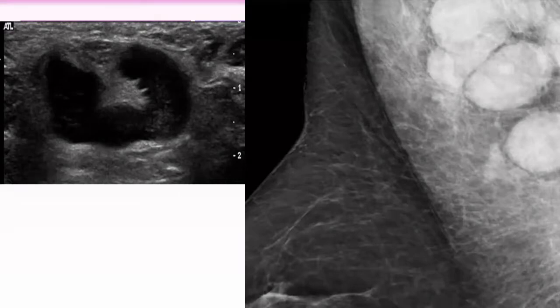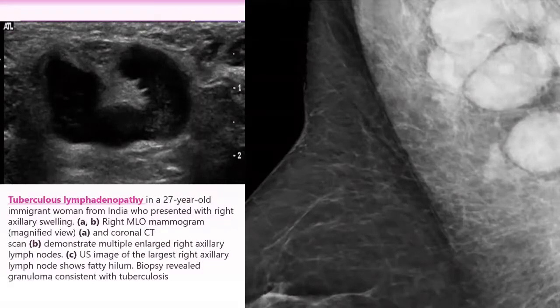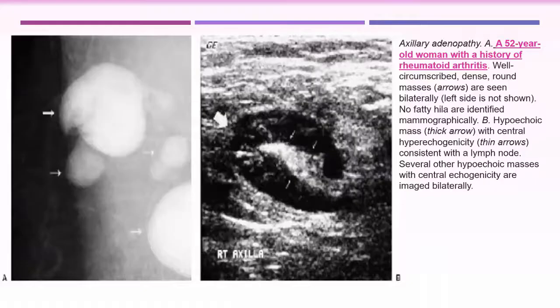Confirmation showed the patient had tuberculous lymphadenopathy, simulating metastatic lymphadenopathy. And this is another example, but here there is no edema, just a reactive lymph node,